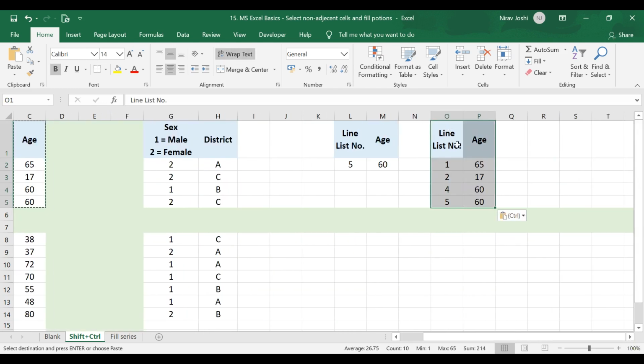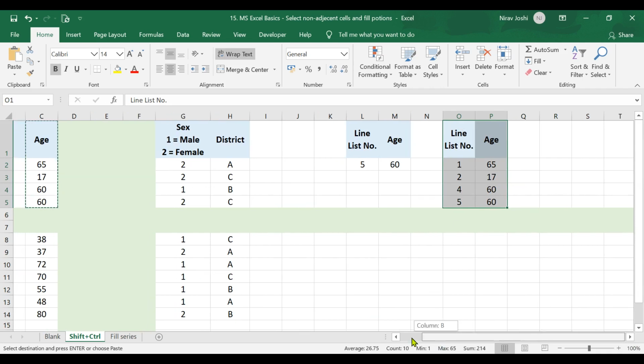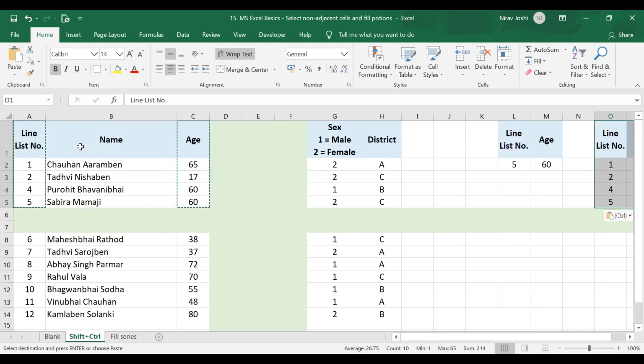Here also whatever space is there in between will not be considered while pasting. So that is how to select non-continuous cells or ranges.